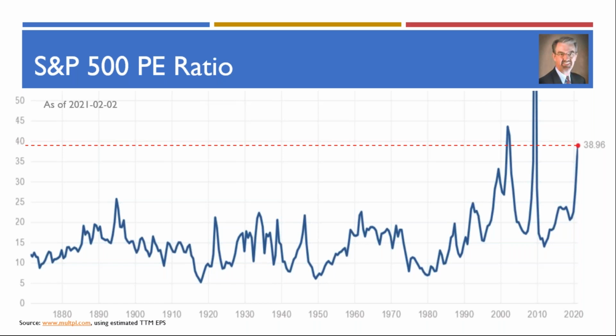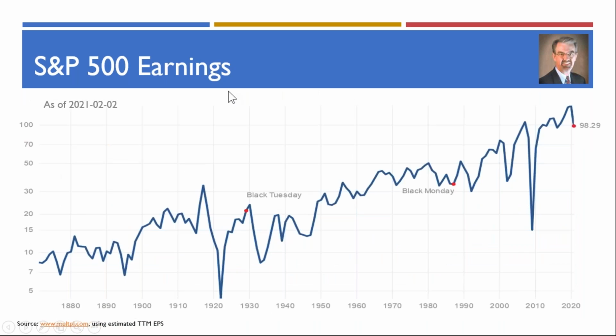And that's balanced by companies like Amazon and Apple and Google, which are performing like gangbusters. Amazon announced earnings today, and they were twice what analysts expected. I mean, it's just phenomenal how well that company has performed, and it's understandable. We all understand it. But that's one reason the PE ratio is 38, almost 39 on an estimated basis.